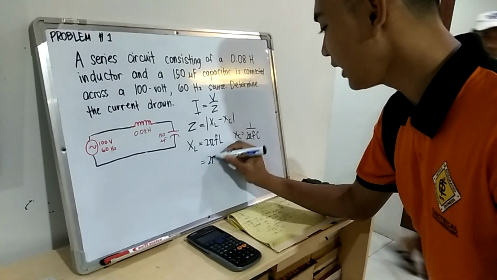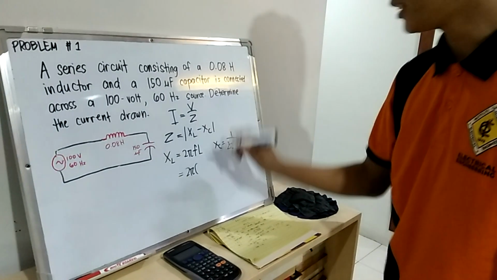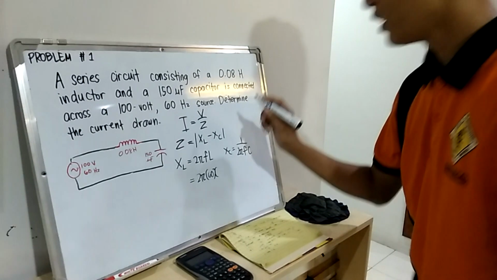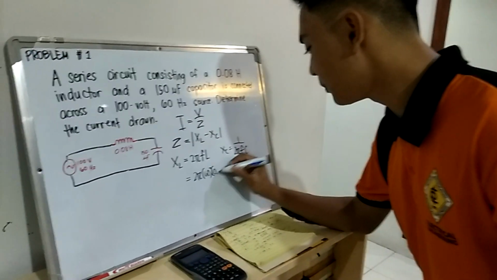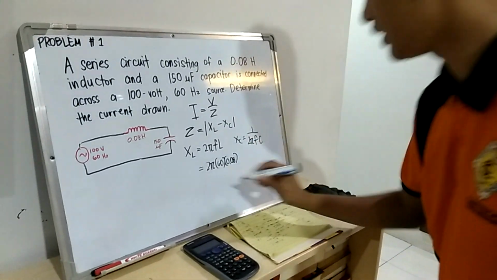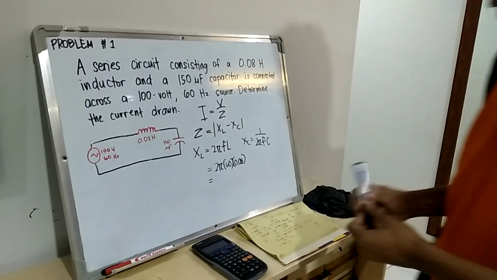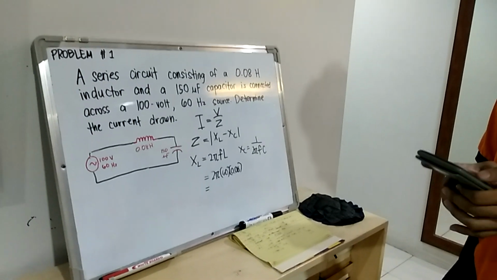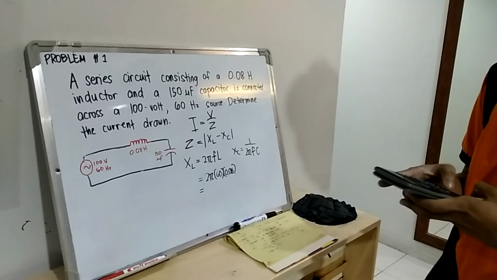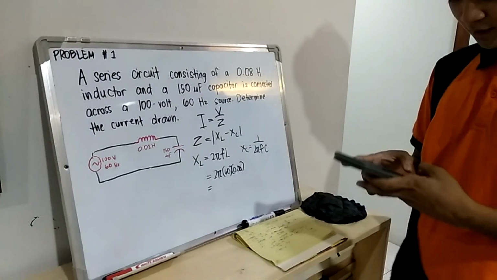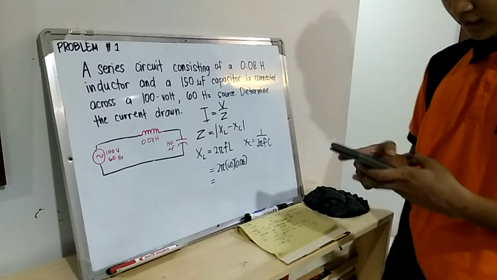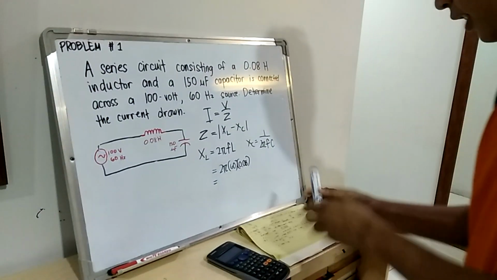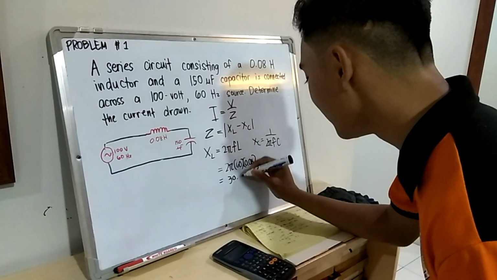So 2 pi, the frequency, which is equal to 60 Hz, times the inductance, which is equal to 0.08 Henries. So let's figure out what the value is. 2 times pi times 60 Hz times 0.08 Henries is equal to 30.16,